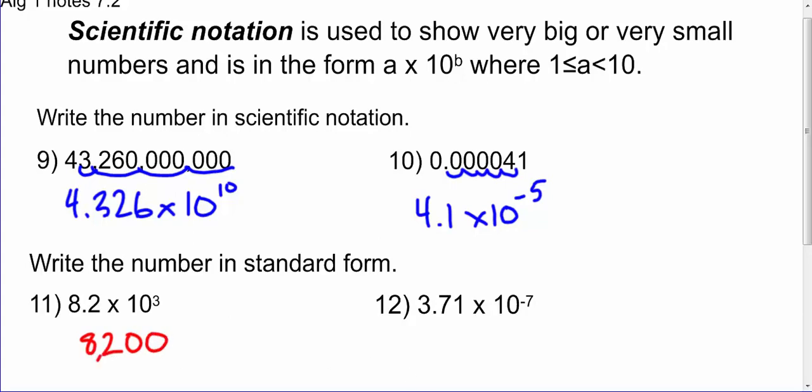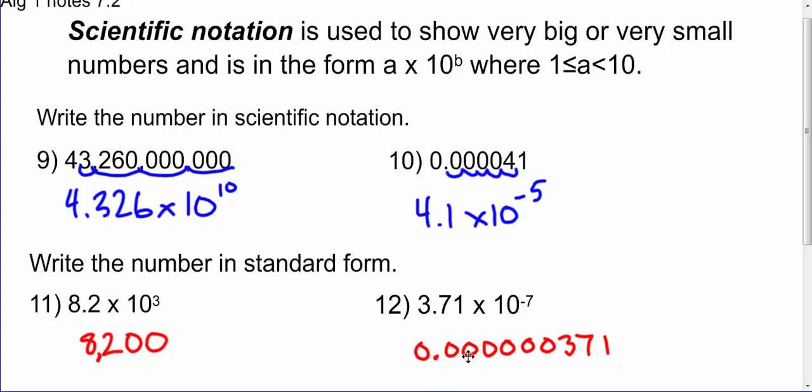8,200 is my number. All right, piece of cake, right? Positive, you move right. Negative, like you see on number 12, we would move to the left. Now when you think about it, if I move this decimal 7 places left, I'm going to have a 3, and then the 6 places before that are all going to be zeros. So I'm going to have 0 point, and then I should have 6 zeros here, and then my number